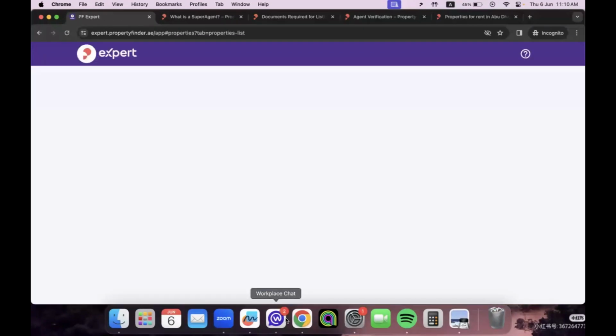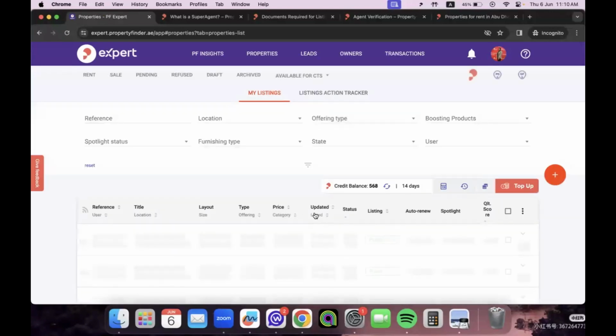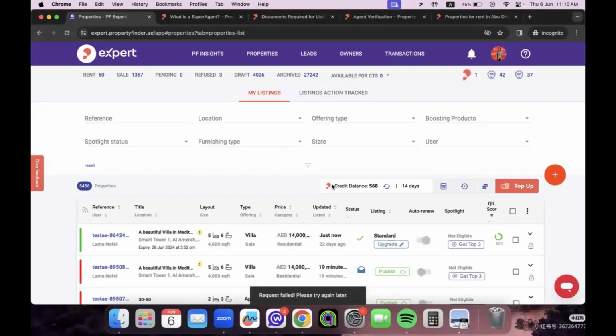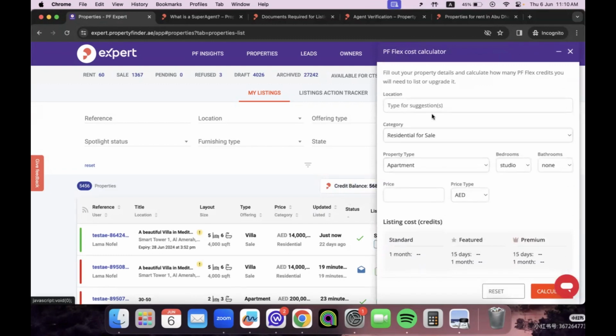Any questions? We will then move to credit management. If no questions, then I'll have here all of my credit balance, and its expiry date, so I know when those credits will expire if I don't consume them. I also have here the cost calculator, and with the cost calculator, I can know how much a unit would